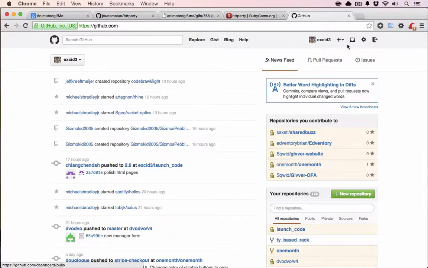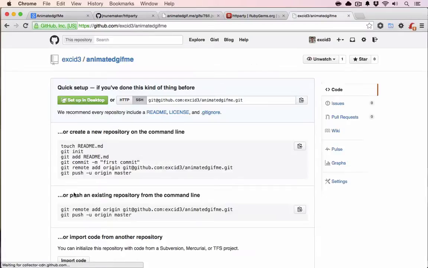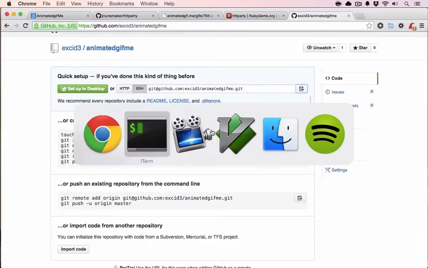So last but not least, I'm going to create a new repository on GitHub called animated gif me, and this is going to be a Ruby library for animated gif.me. And we're going to create a public repository so you guys can check this out as well. And here we'll grab this SSH line, and I will